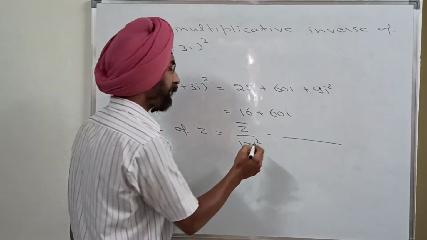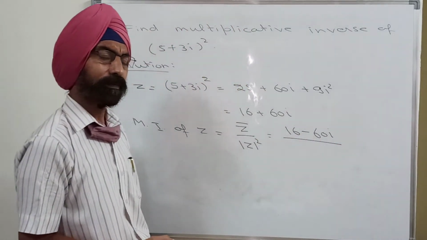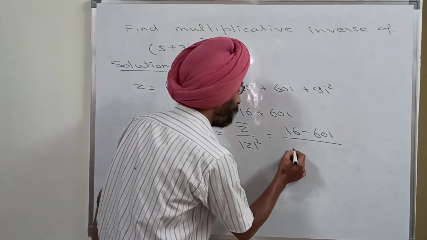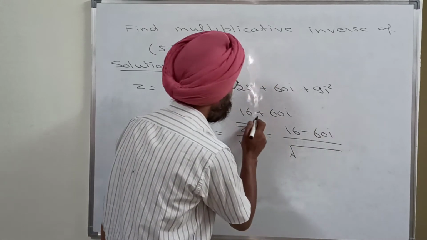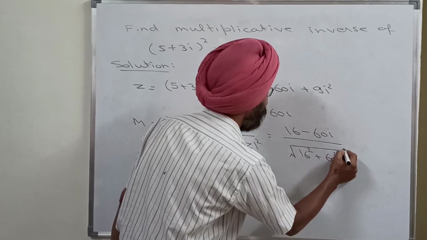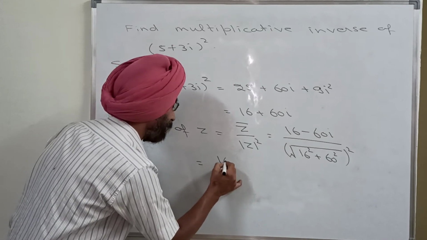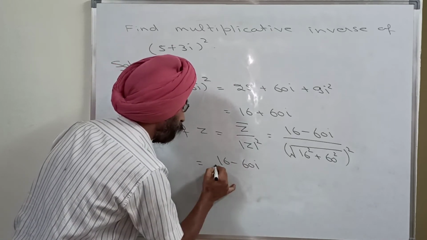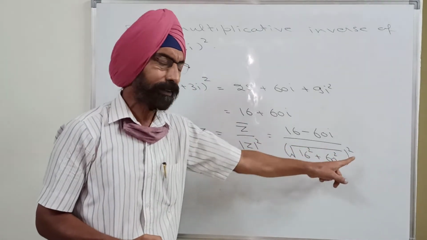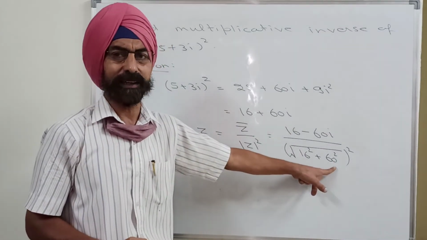So Z bar will be its complex conjugate, 16 minus 60 iota, and in the denominator mod Z square. So your mod Z is under the root 16 square plus 60 square, and then square of this. So what you will get? 16 minus 60 iota divided by this, the square root will be cancelled by the whole square, and you will get 256 plus 3600. So it is